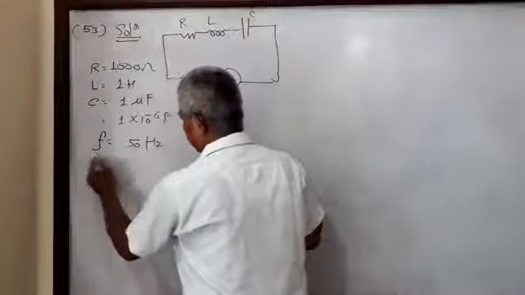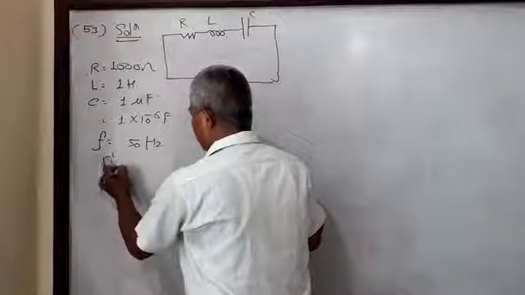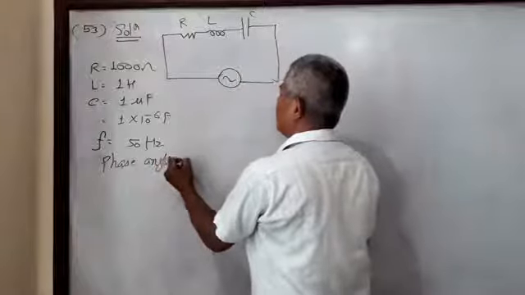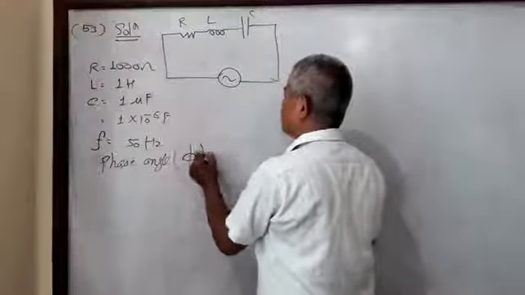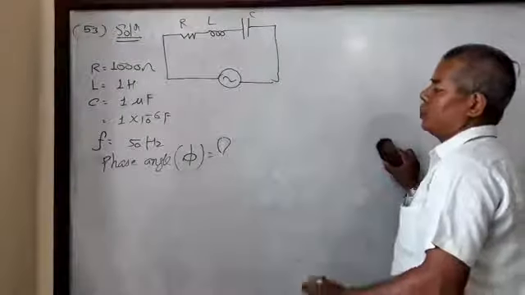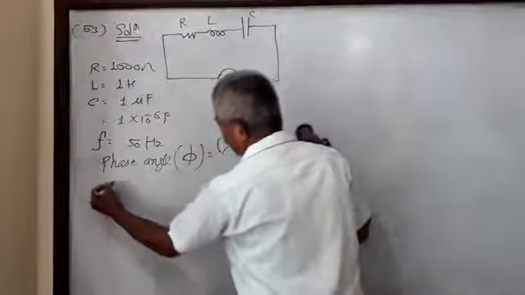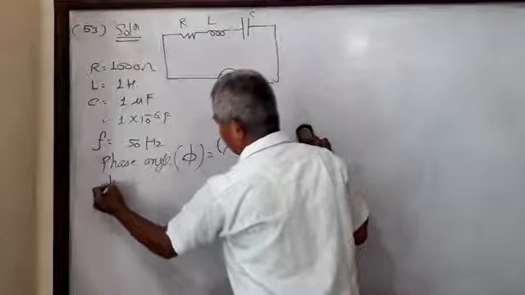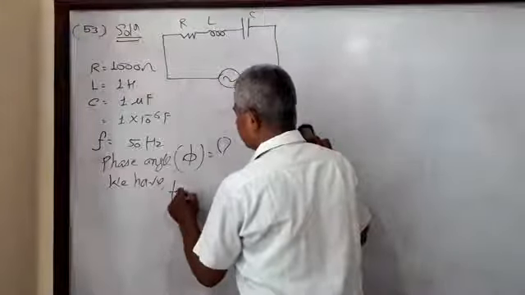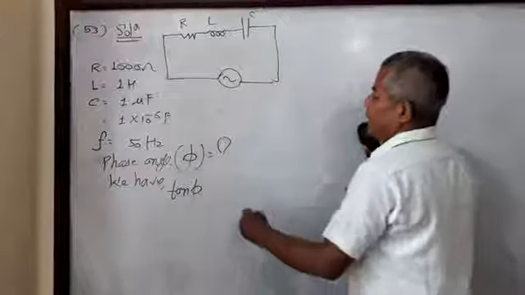Phase angle between current and voltage. Phi is equal to what? We know the formula for phase angle: tan phi has value